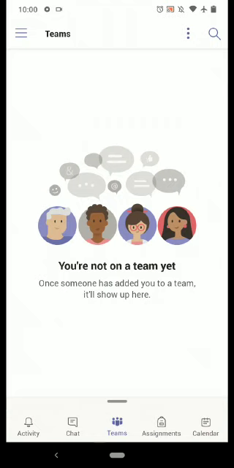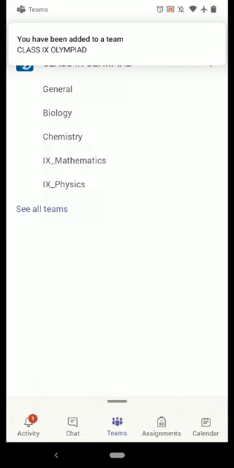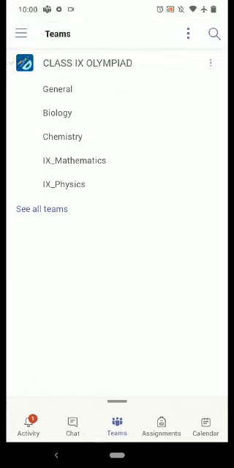I am adding this to class 9th. See, as I have added, I could see class 9th Olympiad.